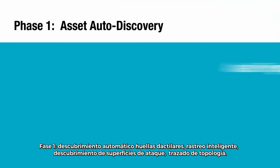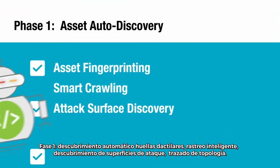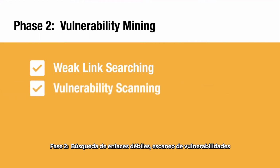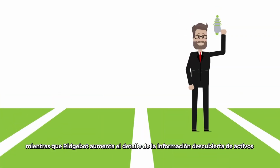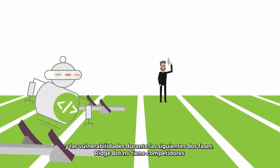Asset auto discovery, asset fingerprinting, smart crawling, attack surface discovery, topology drawing, vulnerability mining, weak link searching, vulnerability scanning. These first 2 phases work similarly to other scanners on the market. While Ridgebot increases the resolution of information with asset discovery and vulnerability mining, for the next 2 phases, Ridgebot has